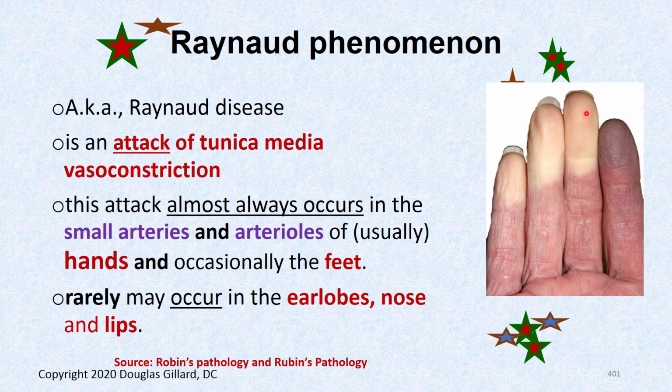And you may go for another 6 months and never have an attack. If it's the winter time, you may go next month. It may happen again, or maybe next week, or maybe in a couple of days. Everybody has the disease to different degrees. But the key with this slide: it's always the small arteries that are hit, or the arterioles. It's not the medium arteries or anything else like that. It's almost always the hands. It can affect the feet. Rarely it can hit the nose and the lips, but that's pretty darn rare. Never seen anybody like that,